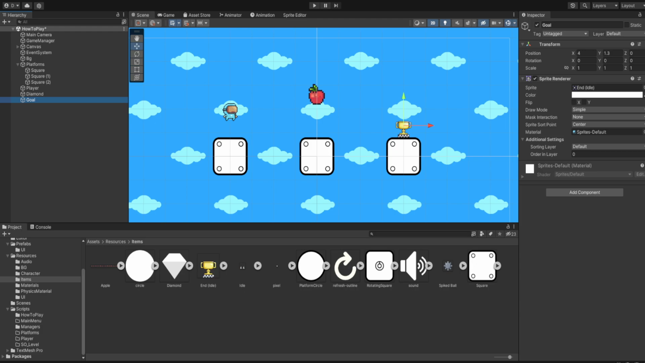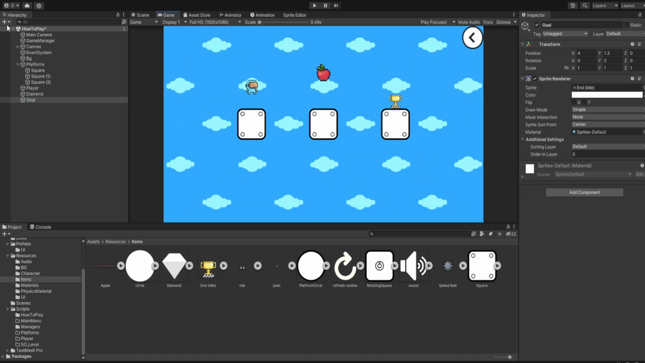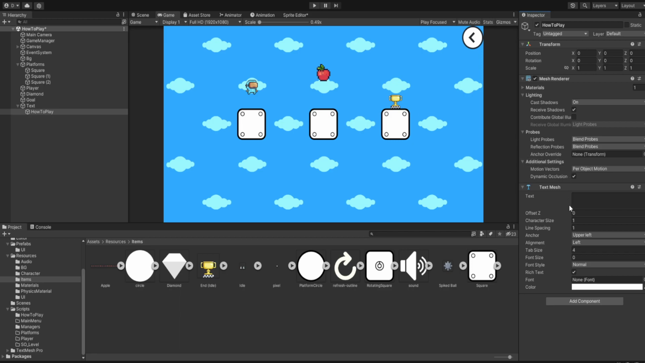And after having our goal, we are going to have a couple of text which is going to show what we need to do. So let's create an empty to store all of those texts, and we'll parent all the text inside it. And let's first create an empty, and it is just going to call how to play, and on that we are going to attach a text mesh component, whose text is going to be how to play,